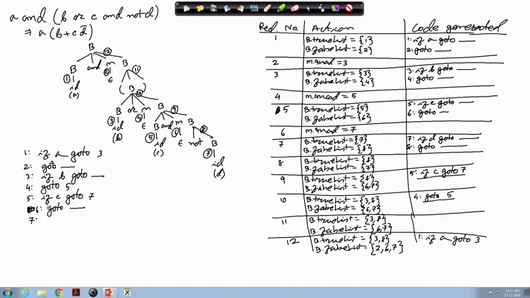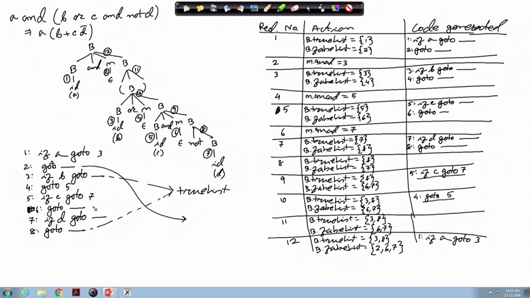At 7 we will have if D go to. At 8 we have go to, and then if you consult this final true list and false list. So, this one and 3 and 8. So, 3 and 8 will constitute the final true list. So, this 3 and 8 will give me the true list, and this 2, 6, 7 they give me the false list.